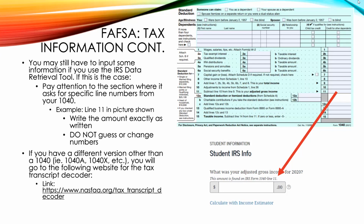You're going to go to your 1040, go to line 11, and input exactly what is shown and exactly what is written on that line. Please do not guess or change the numbers, as this could affect your eligibility and you will need to provide proof otherwise. If you have a different version other than the 1040, for example a 1040A or a 1040X,